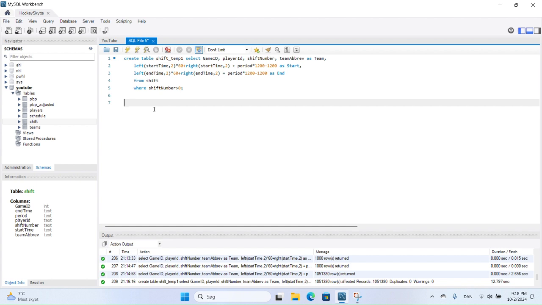So the way we'll do this is we'll just create a new table where we'll take the game ID and the start time, and then we'll append it to the game ID and end time, and then we'll find all the unique values,